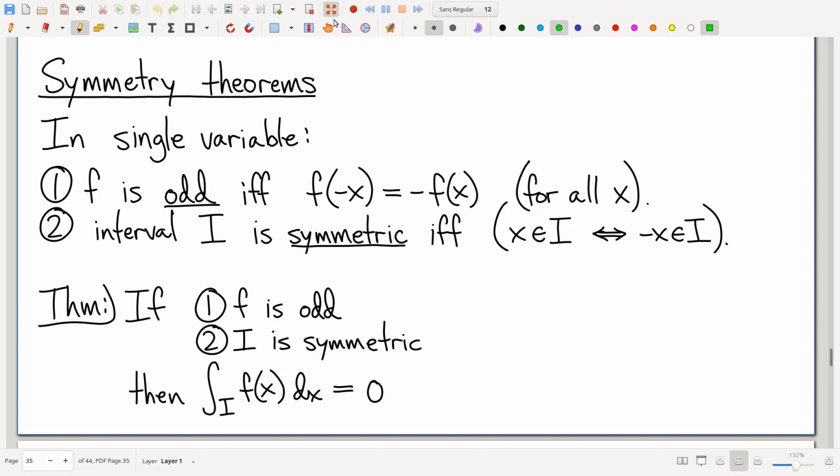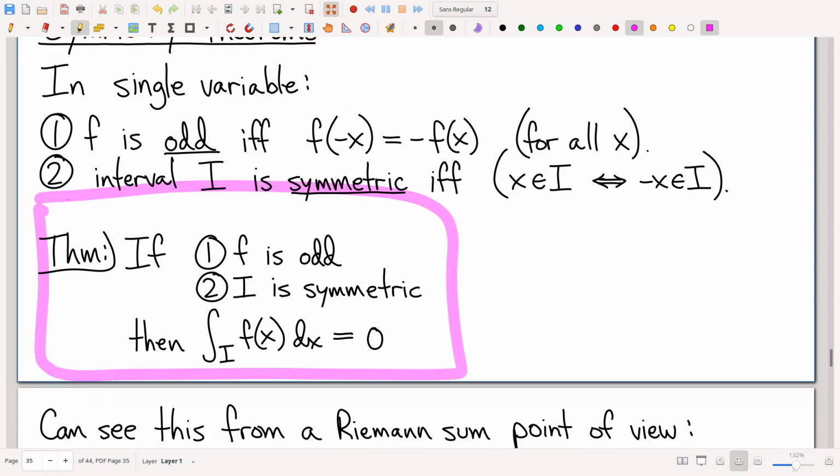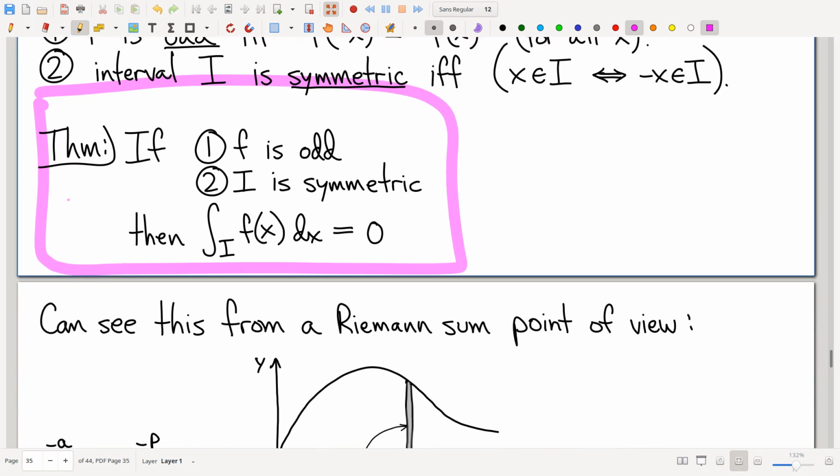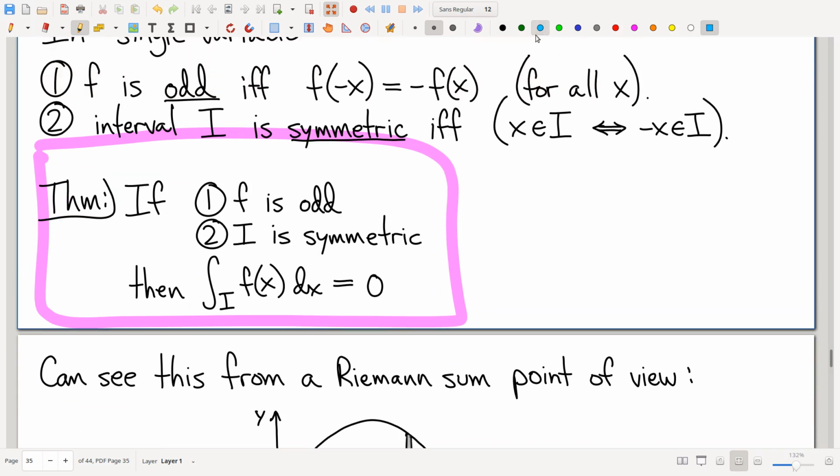Okay, so here's what we were talking about last time. We were talking about symmetry theorems. So in particular, we basically just reviewed this single variable calculus theorem right here, which is that if you have an integral from negative a to a, right? In other words, if the domain is symmetric when you reflect over the origin. Let's see here. Yeah, so if your domain is symmetric,